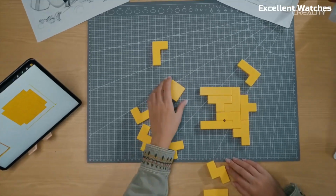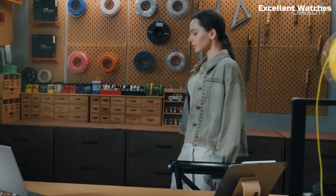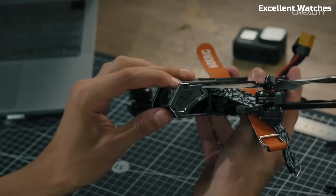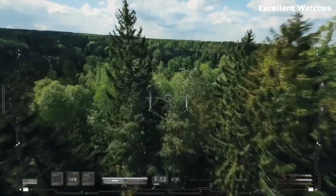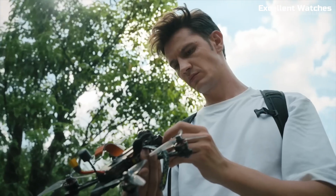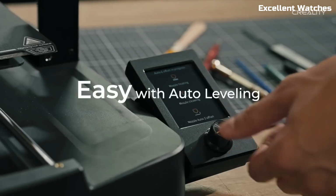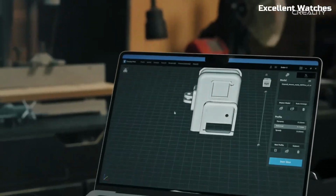The Ender 3 V3 SE can print at up to 250 mm/s, significantly reducing waiting times without sacrificing print quality. Combined with its dual Z-axis design, this ensures smoother, more stable prints even for taller models. User-friendliness is another strong point. The new UI makes navigation simple, while the magnetic PEI build plate allows easy print removal, preventing damage to